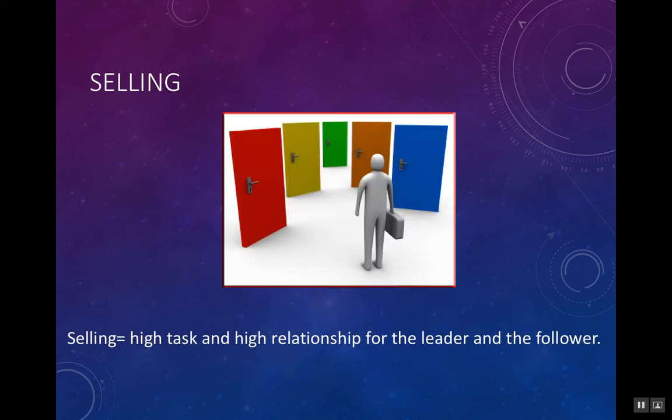The second approach is selling. So both parties are trying to encourage the other to see their side, and therefore they are both pushing a product, where the leader is encouraging the worker to be productive, and the worker is in turn encouraging the leader to improve the working conditions based on their performance.